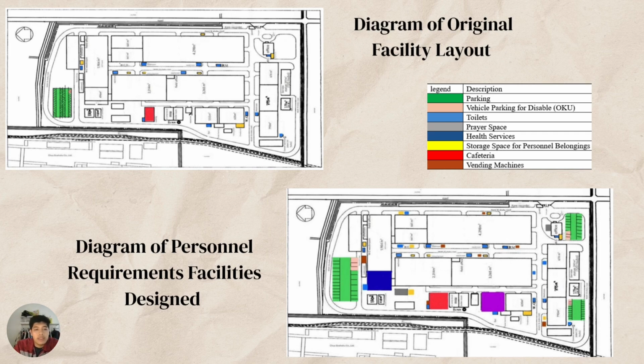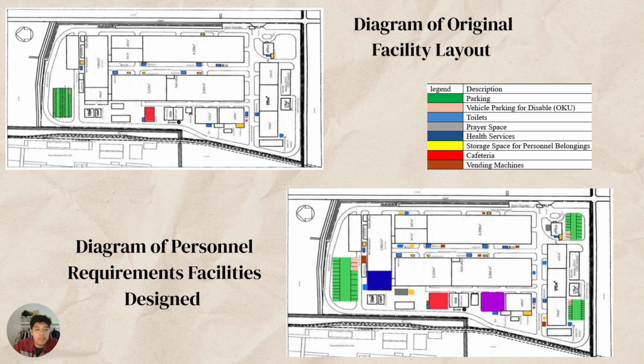We also added 7 vending machines around the factory to offer drinks and snacks, especially during short or tea breaks. Health services were also added, which were not available before. This facility is important to handle workplace injuries and for regular health checkups. The cafeteria was expanded from 280 square meters to 600 square meters, allowing it to serve up to 300 workers